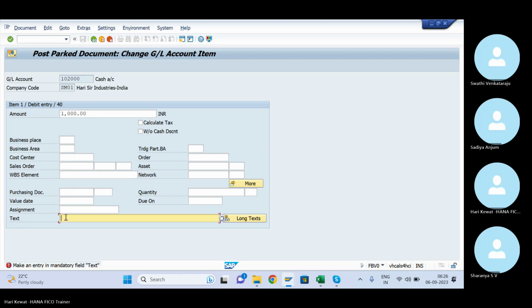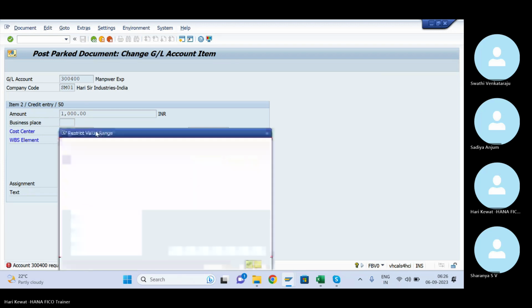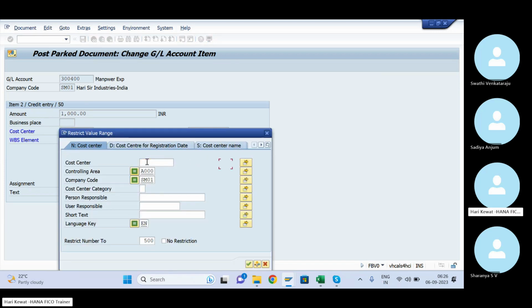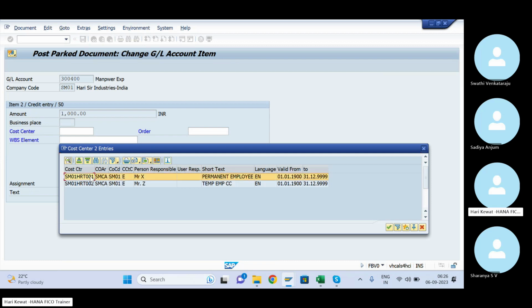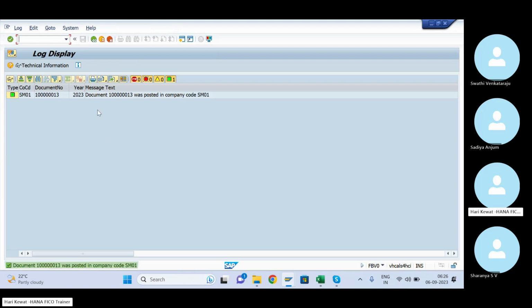Business area is mandatory. Cost center is mandatory. So observe this also: during parking time it is not asking, but during posting time it is asking. So all these things have to be observed. Okay, got posted.